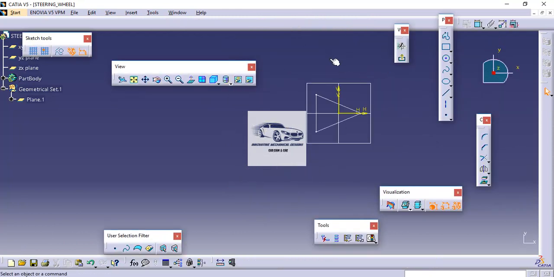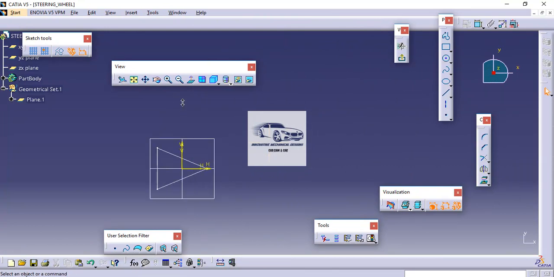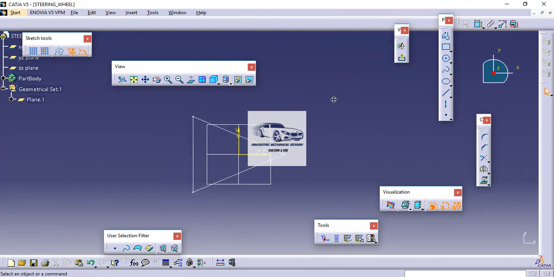So now I will take the top plane and go to sketch. Here I first have to take the reference of the triangle. In order to draw the reference lines, we will set the construction mode on, then go to project 3D elements and select these three edges like this.